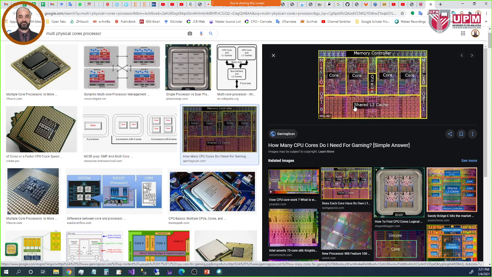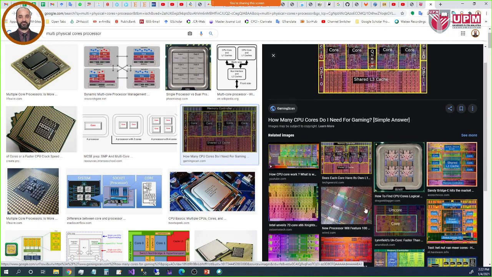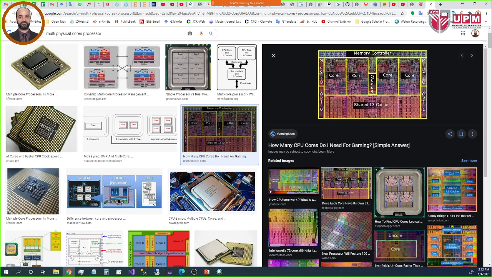And this is the shared L3 cache, which is also available inside the processor, called L3 cache memory, and other components. Then here they have something called a memory controller to communicate with the shared memory, which is the RAM, and to exchange data between the memory and the processor. Okay, so based on this,